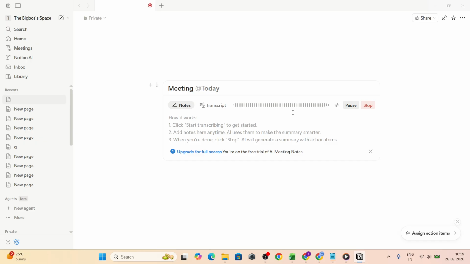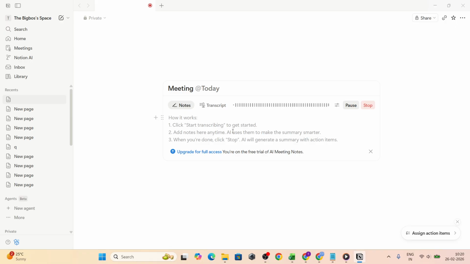During the meeting, the AI captures audio in real time. And you can take manual notes at the same time on the very same page. Think of it as a collaborative canvas. Jot down agenda items, tag follow-ups, and note who owns what while the AI handles the heavy lifting of transcription and context. It's helpful to type clear phrases like decision, deadline, or action, so the AI has strong signals for